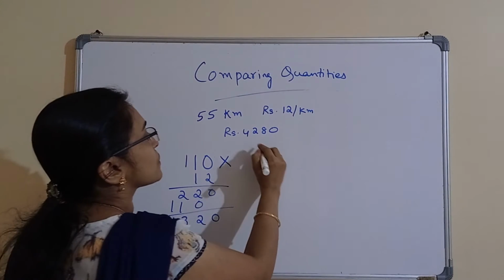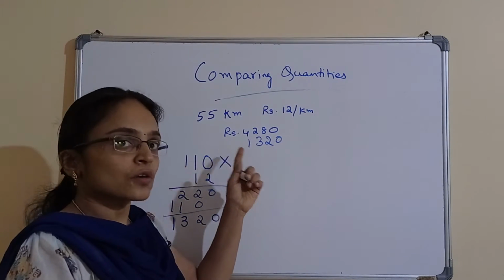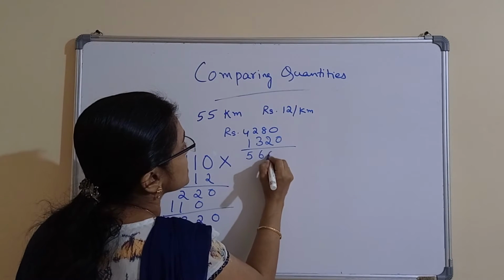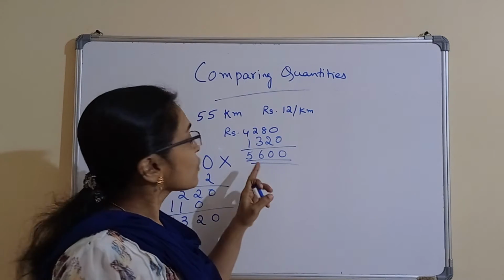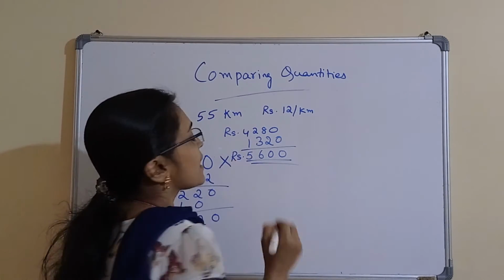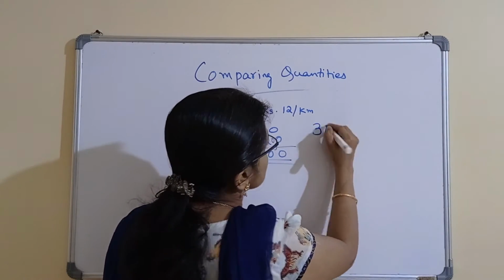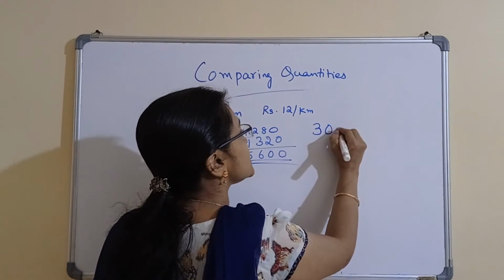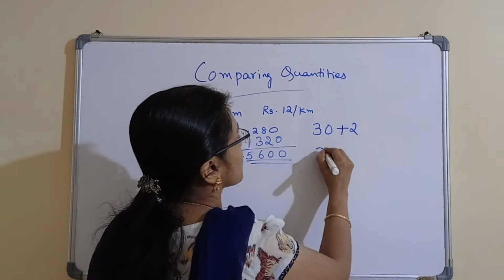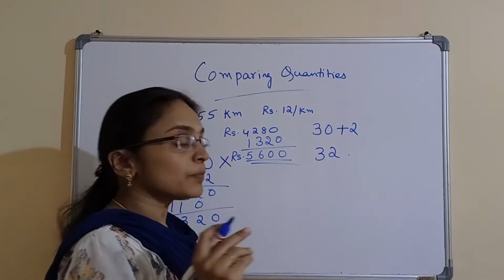And 1320 plus 4280 cost of refreshment. So this is equal to 5600. So the total cost is 5600 rupees. And we know that there are 30 students and given that 2 teachers are going with these students. So there are 32 persons. Now we have to find the cost per person, that is